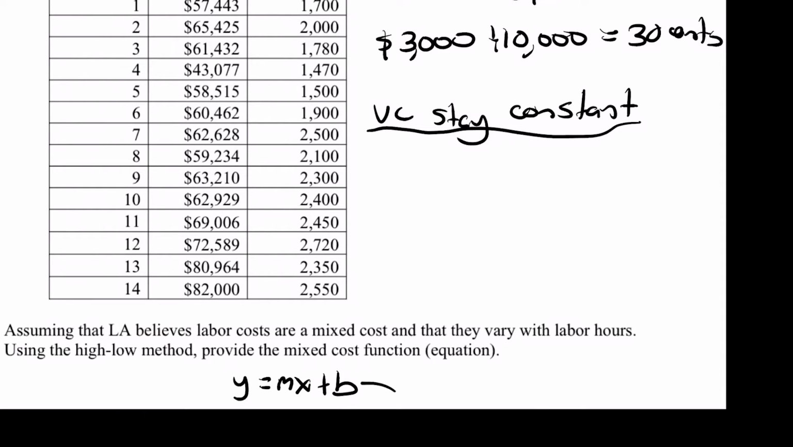B is our y-intercept. M is our coefficient, and X is going to be a number of whatever we're trying to calculate. In this case, it's going to be labor hours. So using the high-low method, what we're going to do is take our highest amount of hours and our lowest amount of hours. So our highest amount of hours is this right here, 2,720. And our lowest amount of hours is going to be 1,470. Okay? So now what we're going to do is take the cost here,